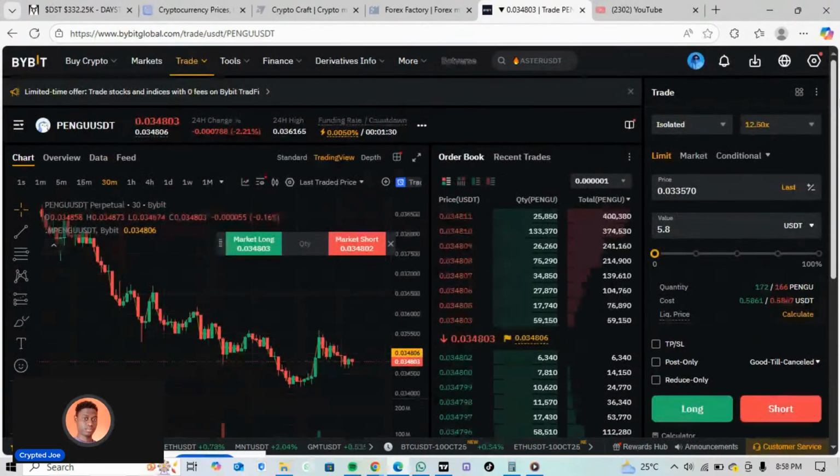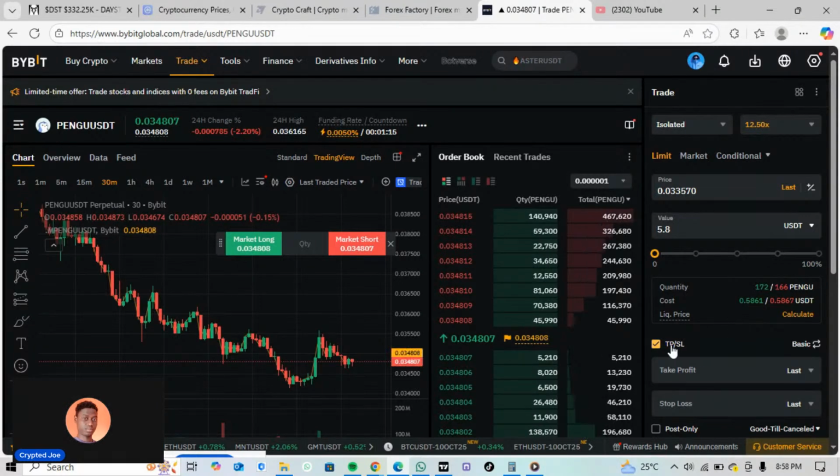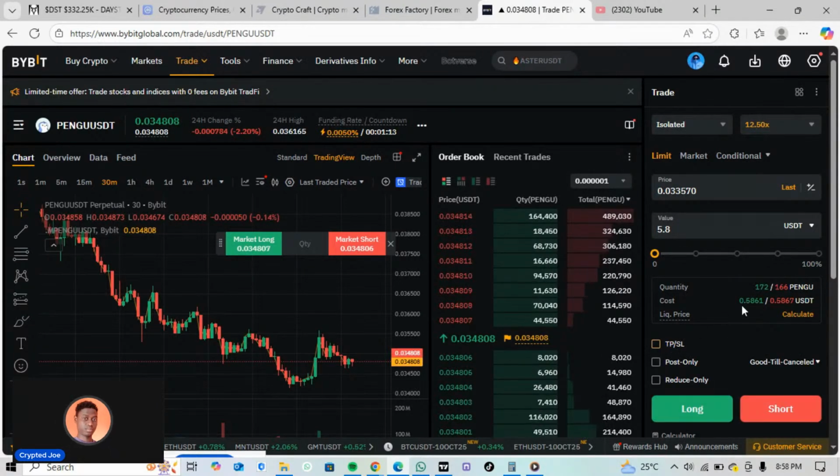Cross margin, for example now, cross margin simply means, since we are entering this trade with 0.58 dollar or 0.58 USDT. Now, if you use cross margin and let's say this trade starts going against us, what cross margin normally does for it,